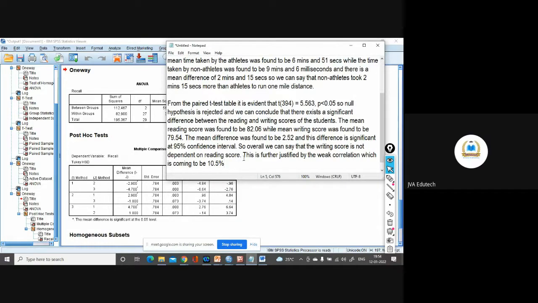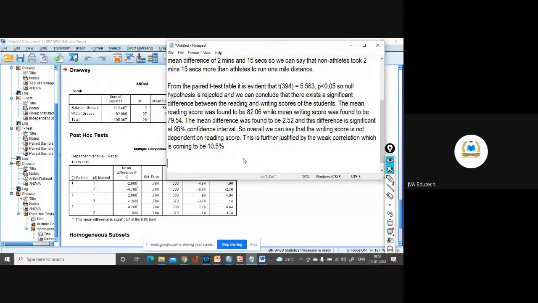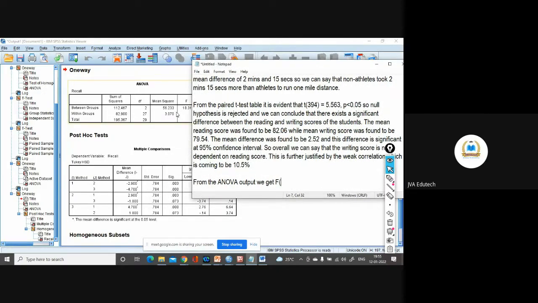So here we will write. From the ANOVA output, we get F. Now you have to report the F statistic, and you have 2 degrees of freedom.